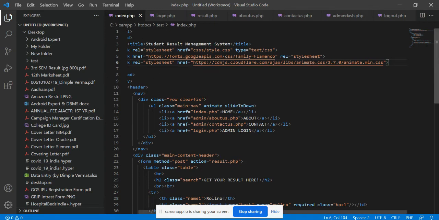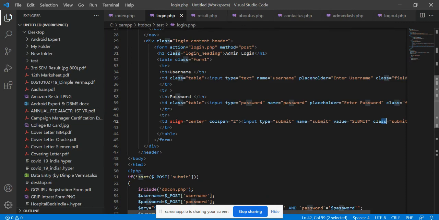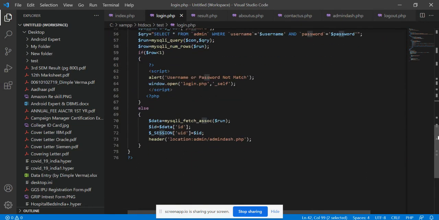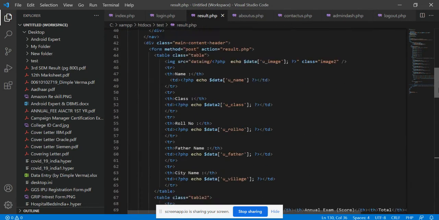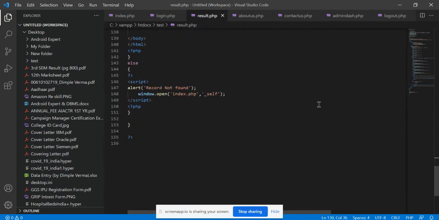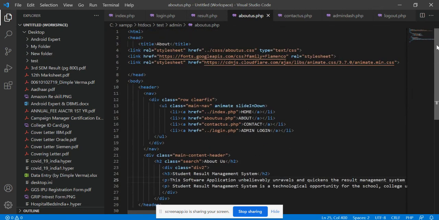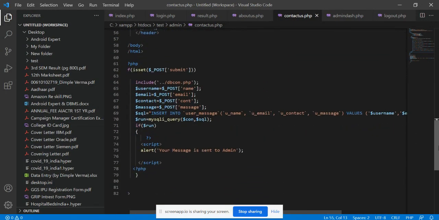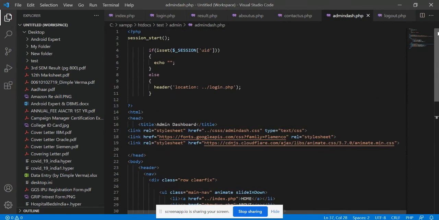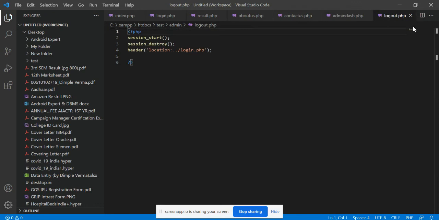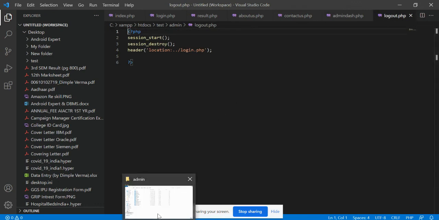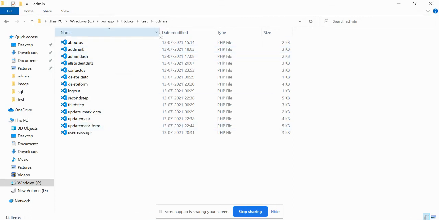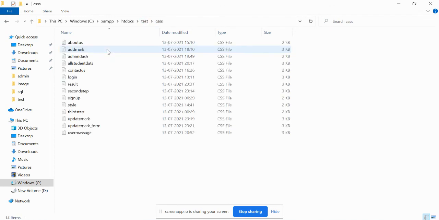This is my PHP code, and these are some additional PHP files I had used in my code, and these are the CSS files I used for designing in my task.